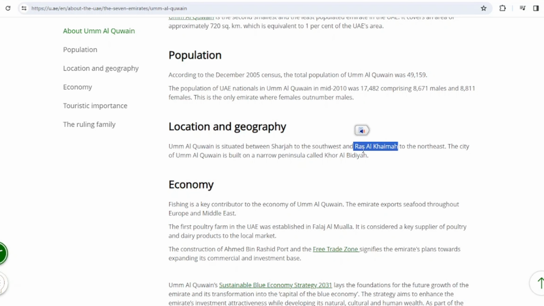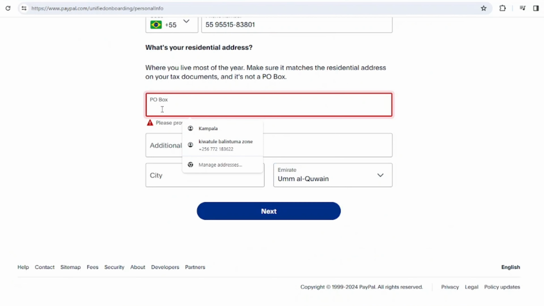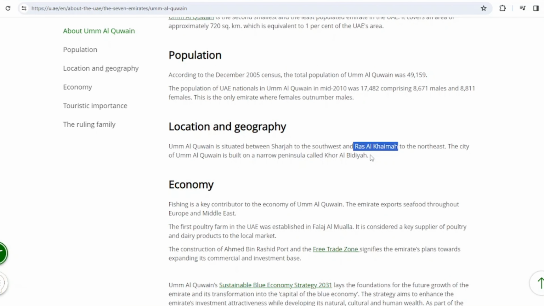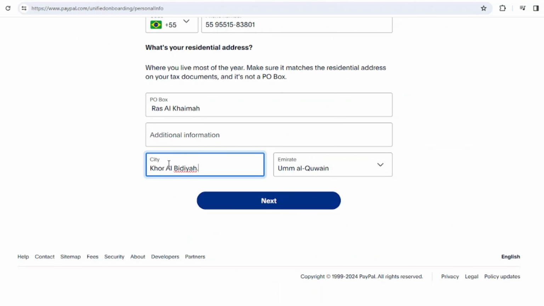Once we have copied it, we shall go back to the website and then we shall paste it. And after pasting it, we shall go to the field of the city and look for another location and copy it, and then we go back and paste it. So we are almost done, but before you click on that next button,